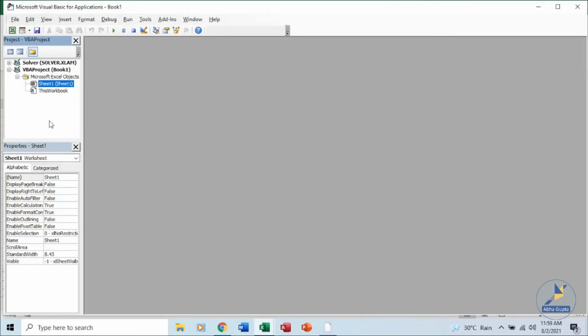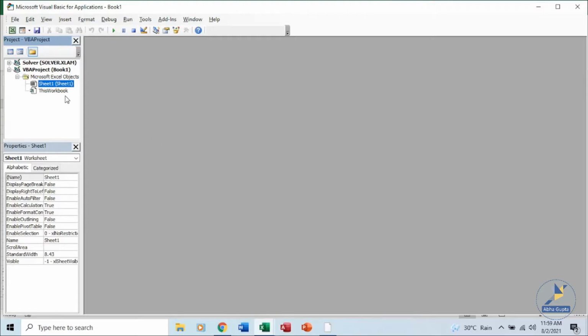Now I'm using the term module: when we have a worksheet and we are trying to do the coding, whether we record the macro or we do the coding itself, it is stored in a module where we'll write our functions and subs.